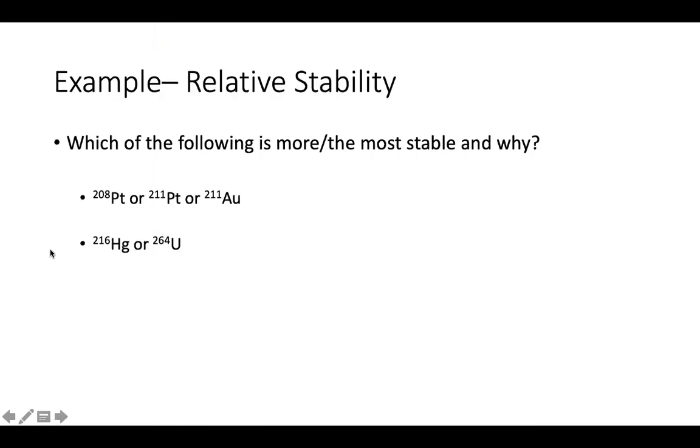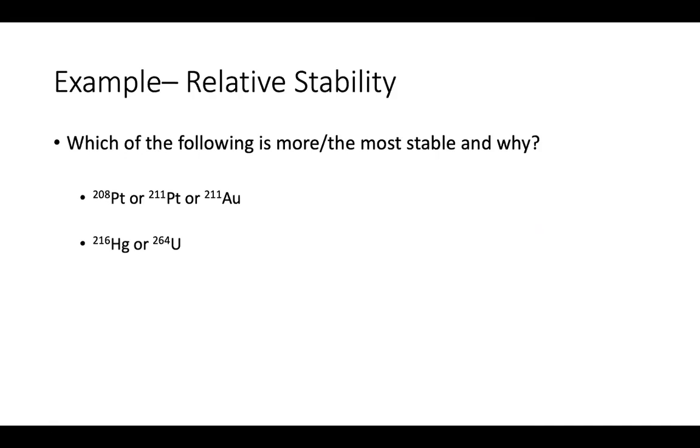Okay, so to move on to our next example, it's relative stability, right? This is definitely something I'd expect to be a multiple choice question on your final, maybe even two, because in lecture they did go over relative stability to a fair degree. For this, we have two small examples, and it's just which of the following is more or the most